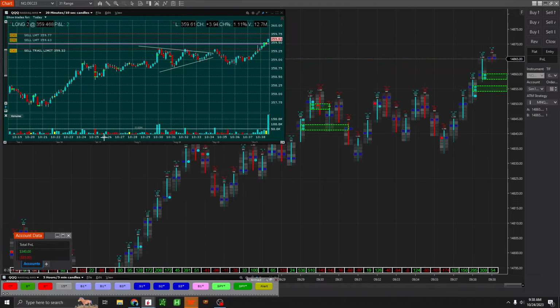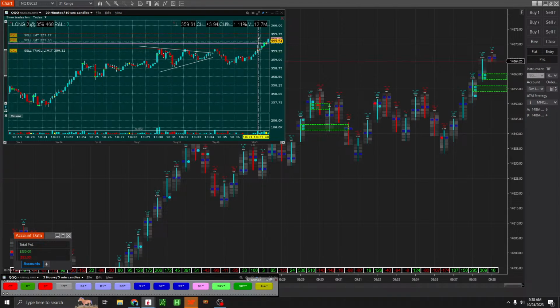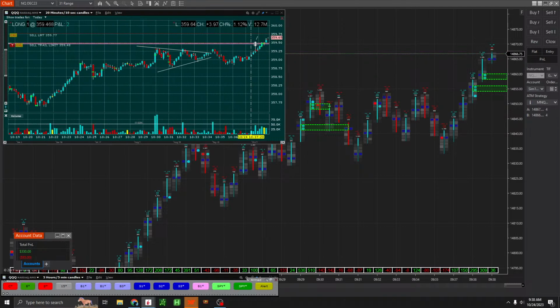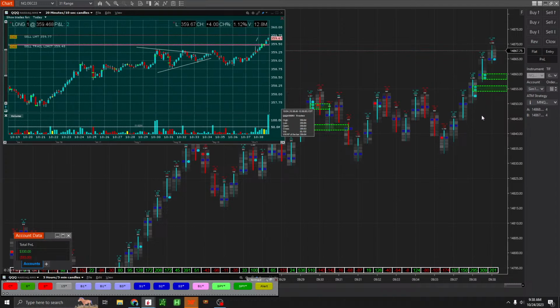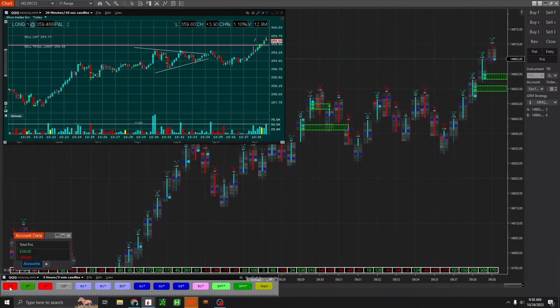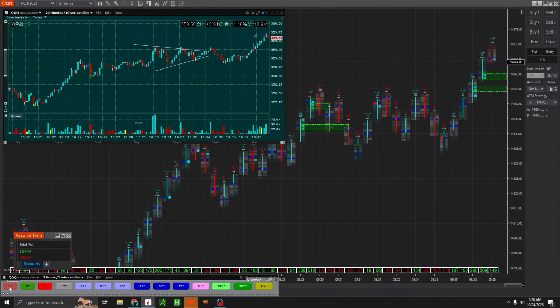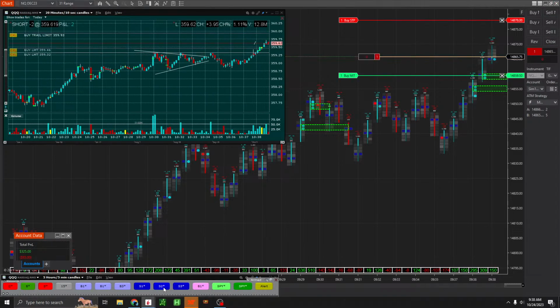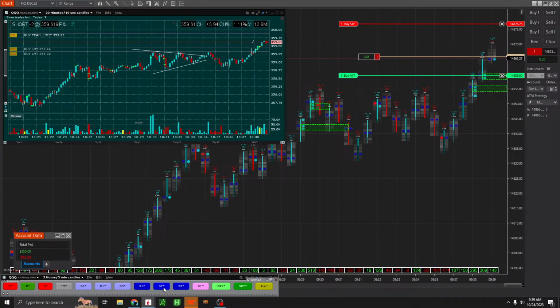Target fill. Alright, let's see if we can get a faux trade there. See, I got in a little too early there. Jumped the gun. Triple stack imbalance to the upside. Okay, now I'm gonna definitely look for a short. Okay, I'm gonna get out on the other one. Order fill. I'm gonna short there because it looks like it's rejecting. At least we can get the first target, I'm hoping.